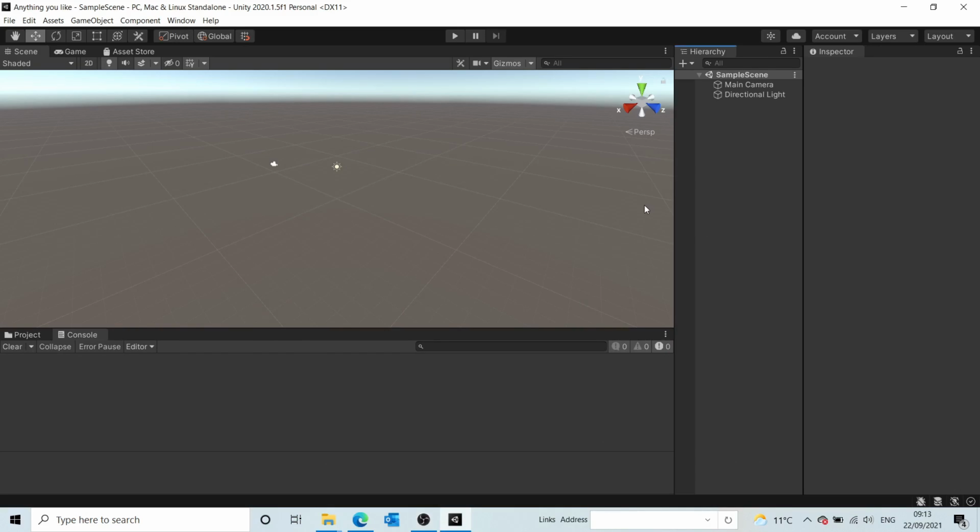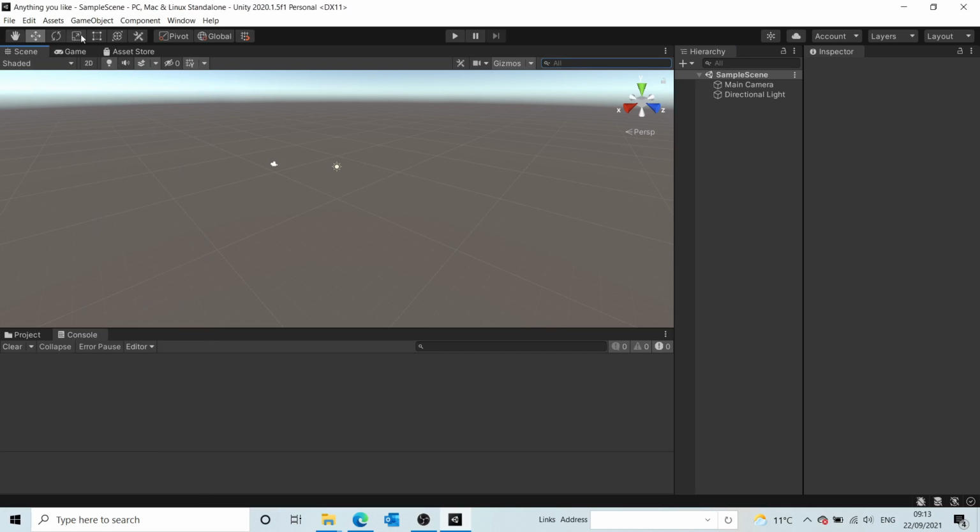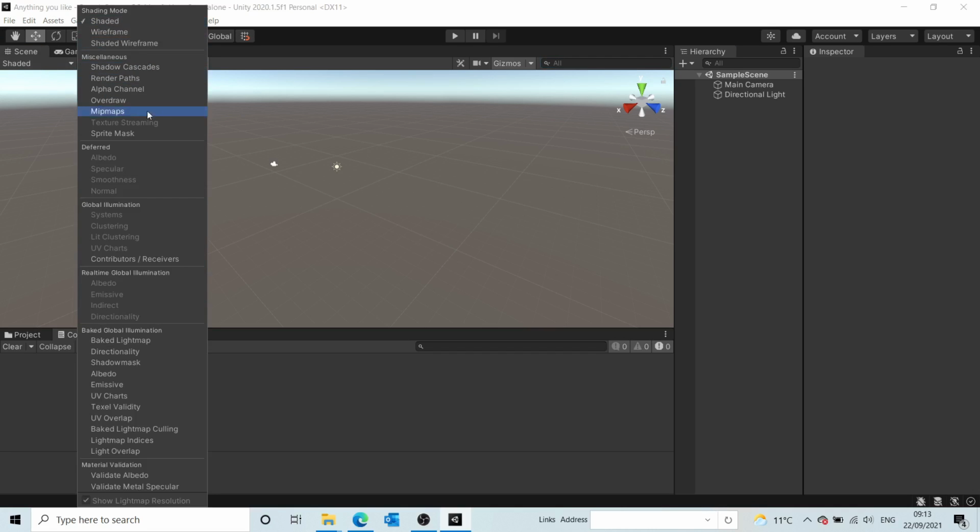And then we move on to the top left of the screen. I'm going to go through all these if we can, or as much as I can. If I miss anything, please let me know. The top ones, as you can see, was just controls, and then moving on to this one is shading. So the shading itself, if you follow it down, you can see a bunch of other things. It's pretty much how you view your viewport. The viewport is what you're looking at now, which is the view of your scene,